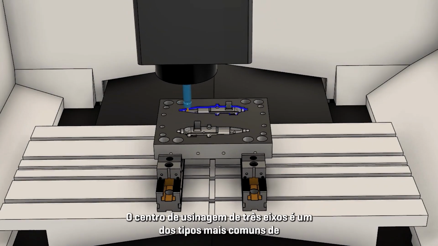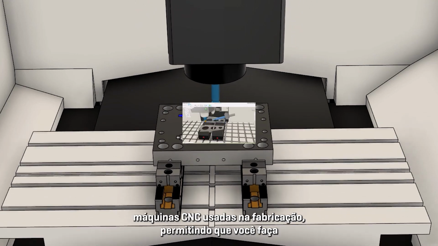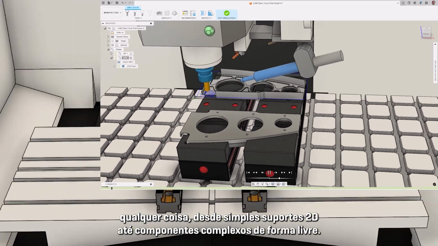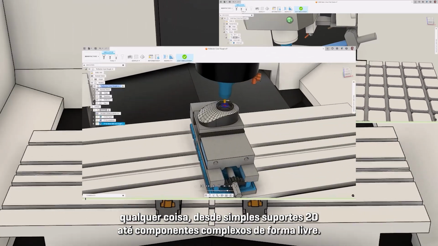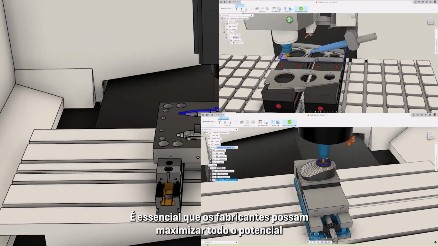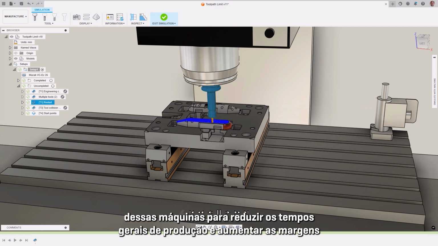The 3-axis machining center is one of the most common types of CNC machines used in manufacturing, allowing you to make anything from simple 2D brackets to complex free-form shaped components. It is essential that manufacturers can maximize the full potential of these machines to reduce overall production times and increase